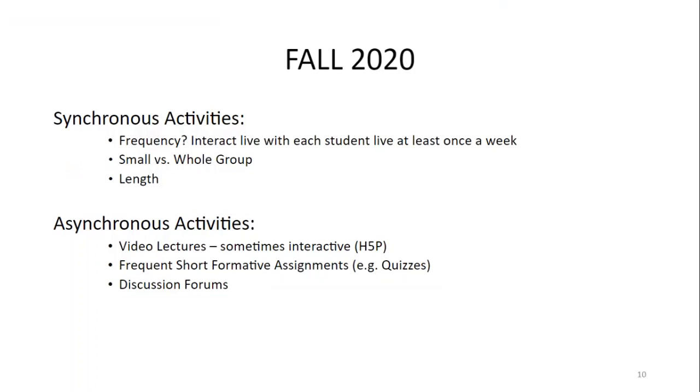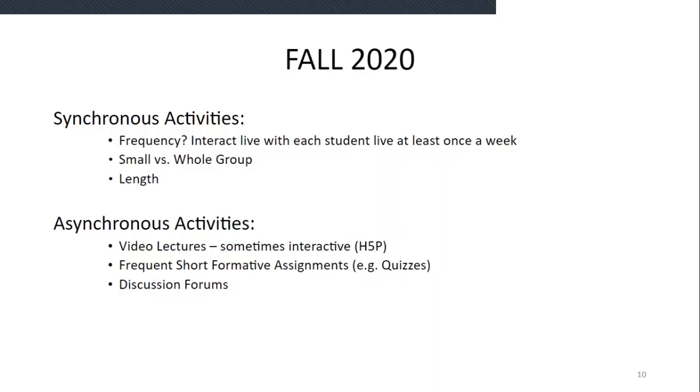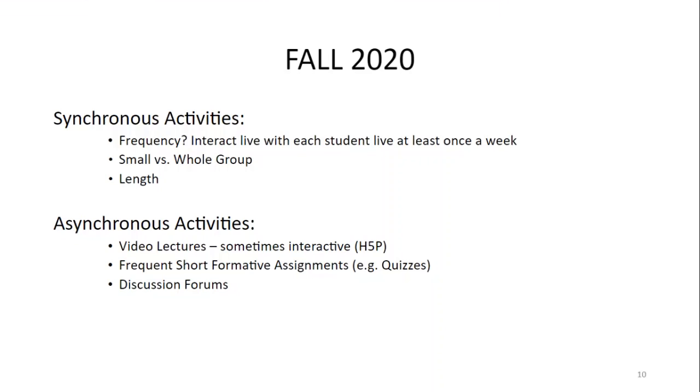But I found that I had to meet more frequently than, say, once out of every 4 classes. So I made sure that I interacted live in some way with each student at least once a week, right? It might have been as a whole group on Zoom, it might have been with small groups. A lot of the time it was with small groups. And that's the main thing I've been experimenting with since I've been doing the e-learning, is working with small groups of about 10 students at a time online for shorter